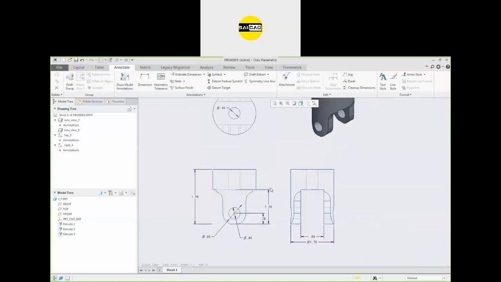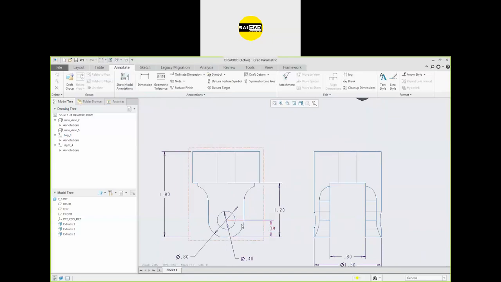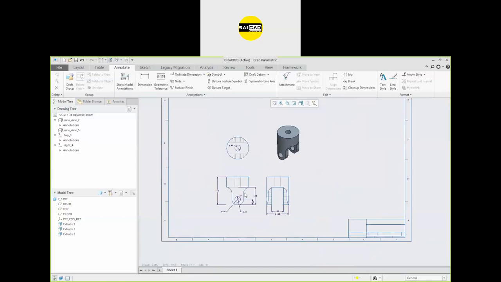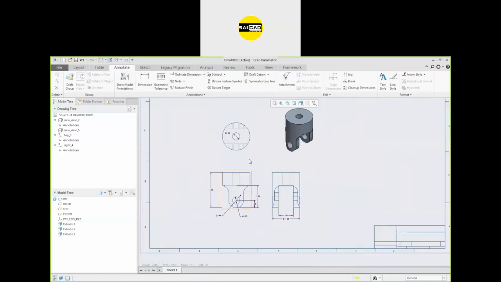So you can see we have this 1.2 for this. We have the internal hole. Okay, we have the overall value. We have everything right here, but we don't have the curve or the fillets option here. So for that we have to create a section view. We have to create multiple views, or you can insert the dimension directly from the feature from here also.